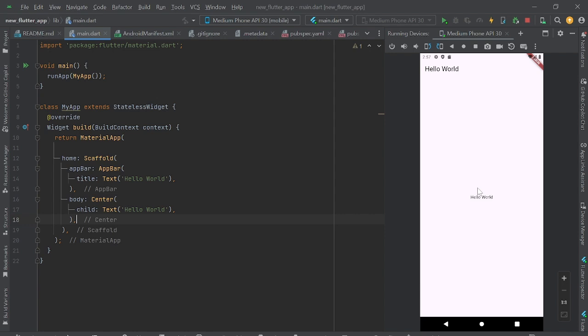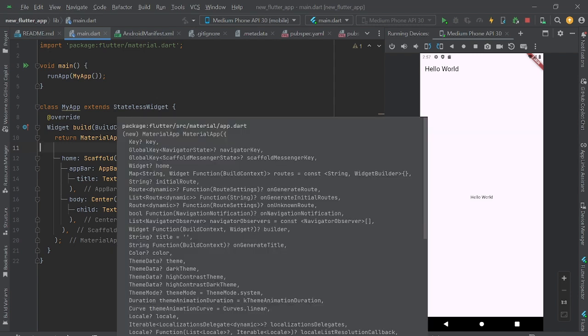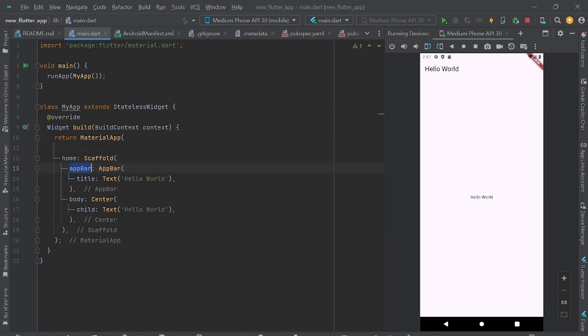तो वन बाय वन हम सारे विजेट को गो थ्रू करते हैं, क्या है कौन सा विजेट। तो पहला हमने यहाँ पे यूज किया है ऐप बार विजेट। अच्छा, मटेरियल और स्कैफोल्ड के बारे में हमने ऑलरेडी डिस्कस कर रखा है। स्कैफोल्ड के अंदर हमने ऐप बार को यूज किया है। तो बेसिकली ऐप बार इज द टॉप नेविगेशन बार इन अ फ्लटर एप्लीकेशन, और ये प्रोवाइड करता है कंसिस्टेंट स्पेस फॉर ब्रांडिंग, नेविगेशन एंड एक्शंस। और ये कंटेन क्या क्या करता है, टाइटल है, नेविगेशन आइकॉन्स है, और मेनी मोर थिंग्स। इसको हम लोग प्लेस किए यहाँ पे स्कैफोल्ड के अंदर एज इट्स ऐप बार प्रॉपर्टी।